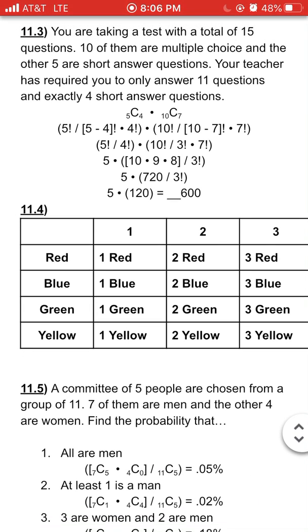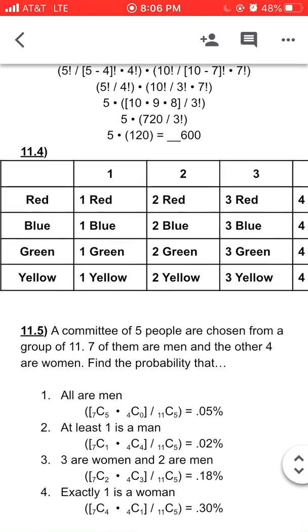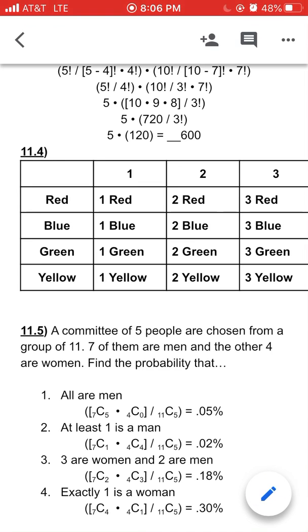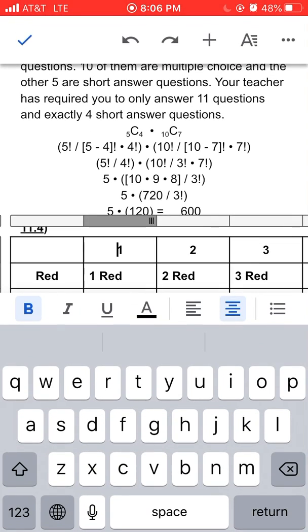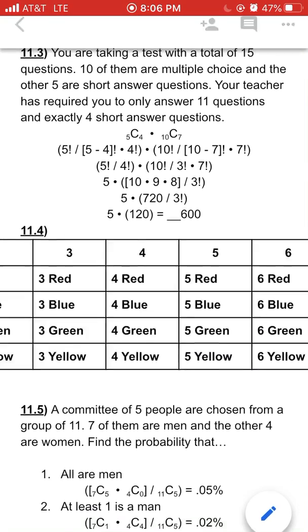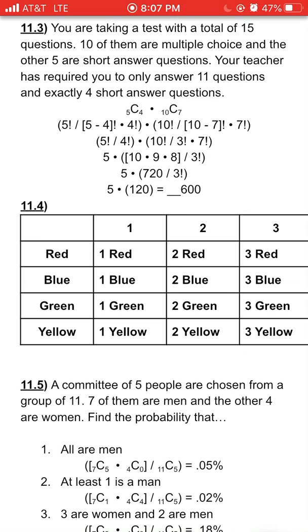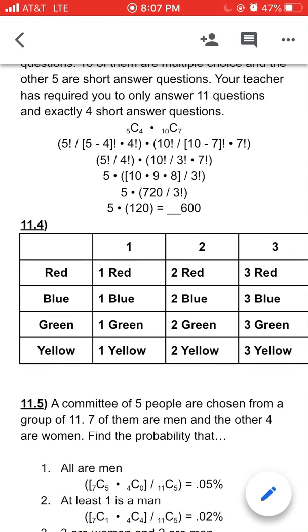And for the sample space, I'll try this again. The reason that we have this sample space organized as we do here is because with the dice alone, if we just look at this top row right here, you have the possibility of getting a 1, a 2, a 3, a 4, and so on. With the spinner alone, this row right here on the far left, you only have a possibility of getting red, blue, green, or yellow. But when you